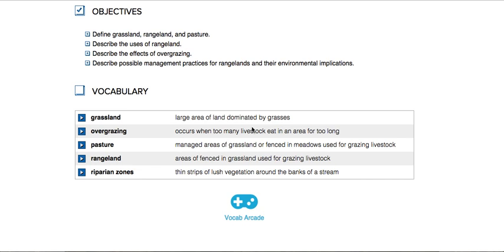Urban sprawl, mining, poor land use management practices, invasive species, and pollution really have been the